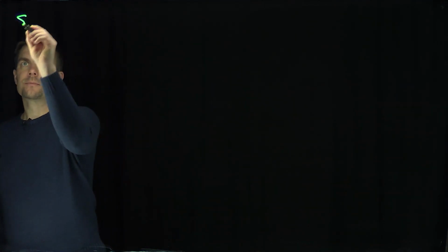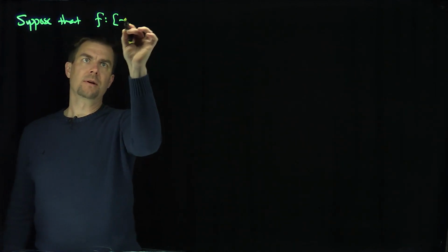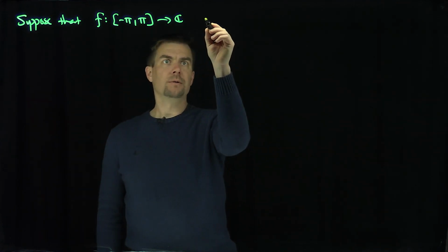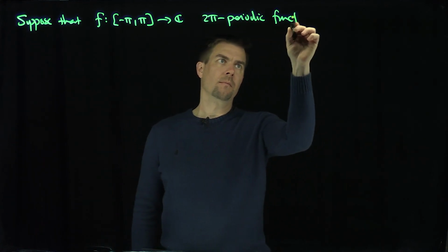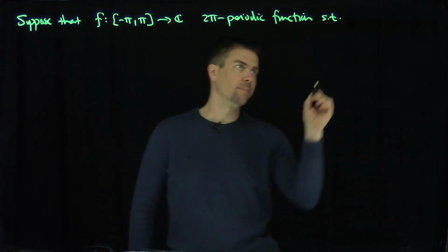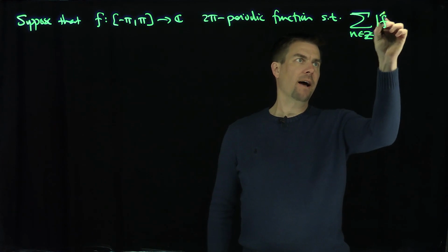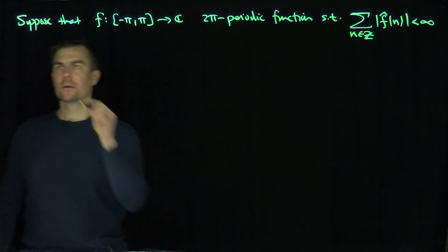Hello students, in this video we'll discuss one of the simplest criteria under which a Fourier series will converge absolutely and uniformly to the function in question. So let's suppose that f maps [-π, π] into ℂ, is a 2π-periodic function, such that the sum over n in ℤ of |f hat of n|, the sum of its Fourier coefficients, is absolutely convergent. Then